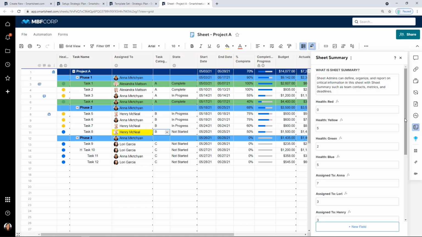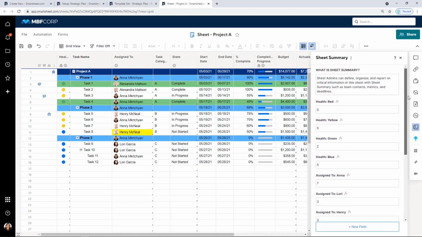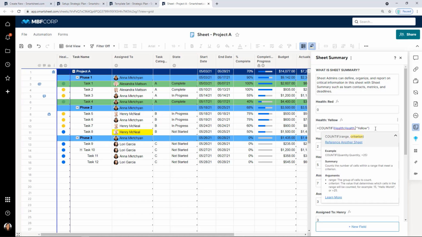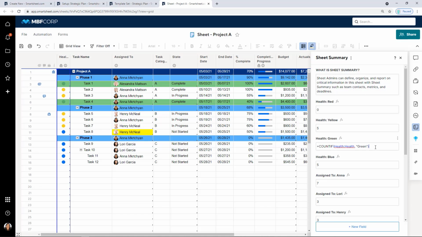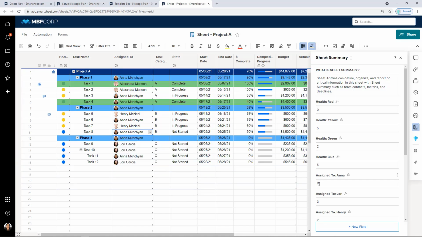And something that you see here that came with our template set is a variety of formulas. And sheet summary is a great place to add formulas that are going to keep track of some of this high-level information. So how many tasks do we have for each of our color statuses? How many tasks do we have that are assigned to members of our team? What is our spend for each phase of our project? And all of this information is available within our sheet, but it's also available to surface in reports and surface